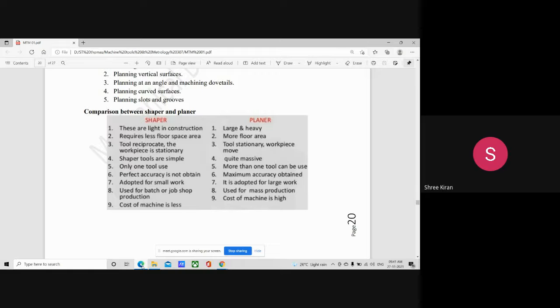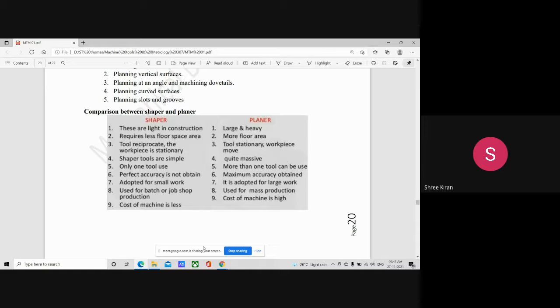So, last class we were discussing the various types of shaper, the shaper parts, everything. This class we will start with a comparison between shaper and planer. Today we will also have a brief outlook on the various types of planer, the work holding devices of planer, and the surface roughness of the system. Last class we were discussing shaper; now we are discussing planer. So now we will start with the differences so that you will have an idea of both together.